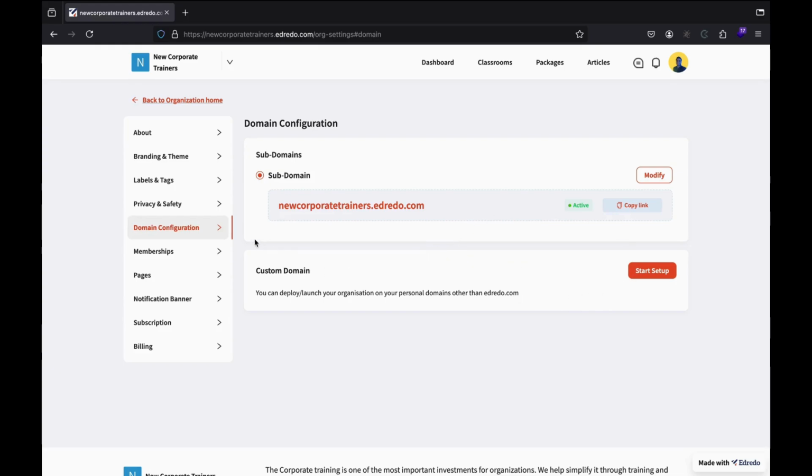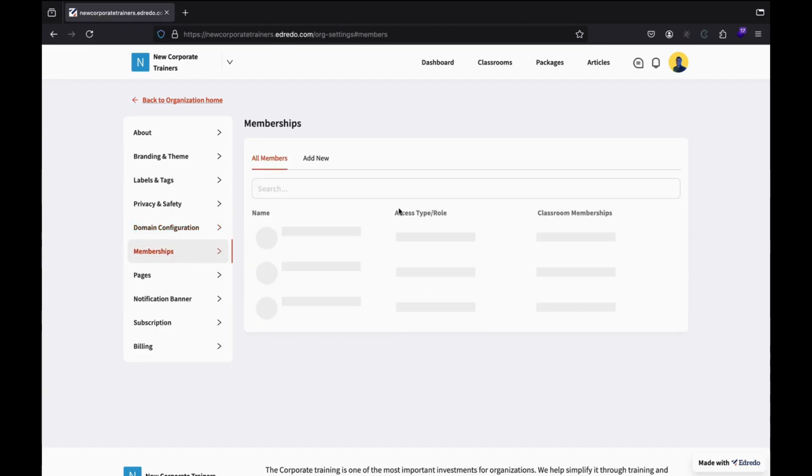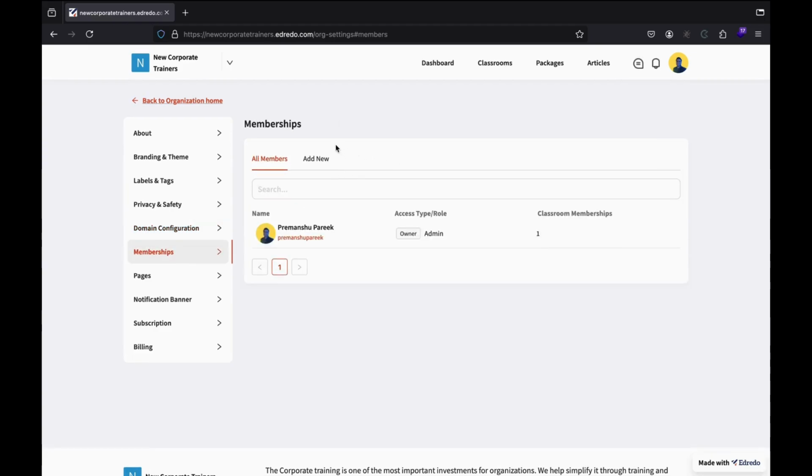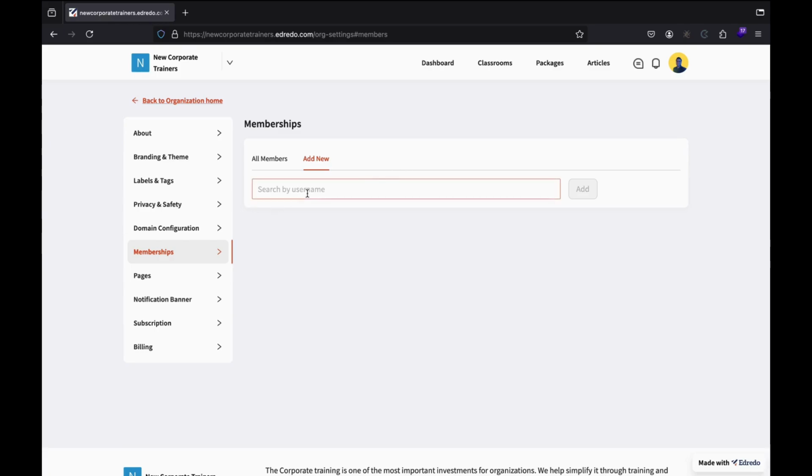Next is the membership settings. Inside the membership settings, we have two tabs available. The first one being all members and the second one being add new. In the all members tab, you will have a list of all the organization members, their name, their access type and roles, and the number of classrooms that they are a member of. In the add new tab, you have the ability to search users on Edredo's global community and add them to your organization using their